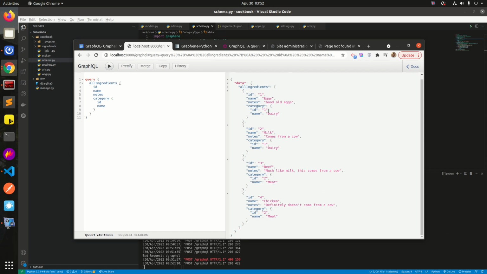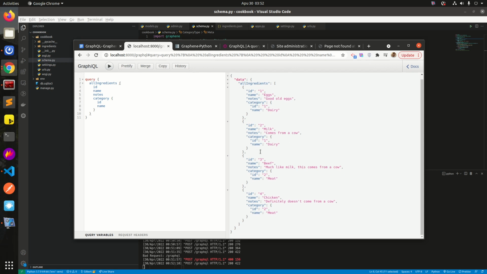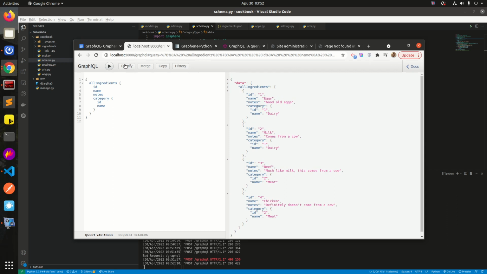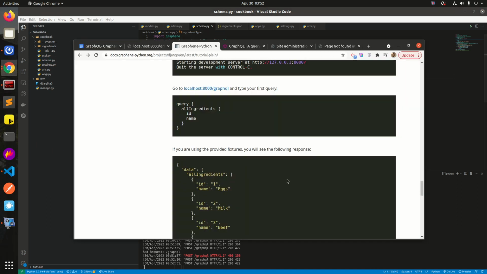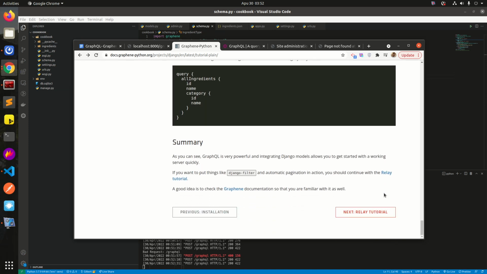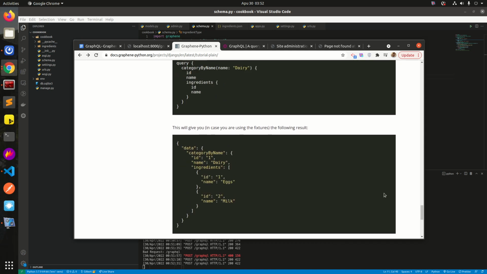All right. But pretty much what we see here is that we are returning the data, and I think this is great. It is pretty nice. There are a few functions here. I see prettify. And by the way, looks like we don't have to always put the word query. We can just define it as an object, starting with an open bracket and closing with a closing bracket. So that's pretty much it. This was a successful way to explore how